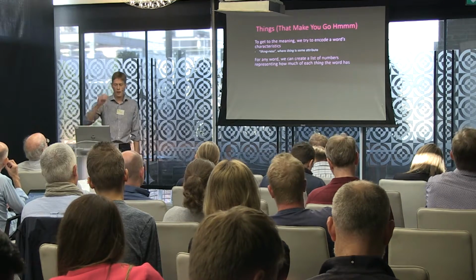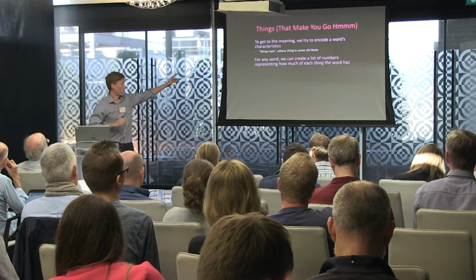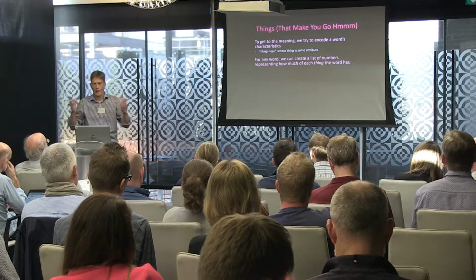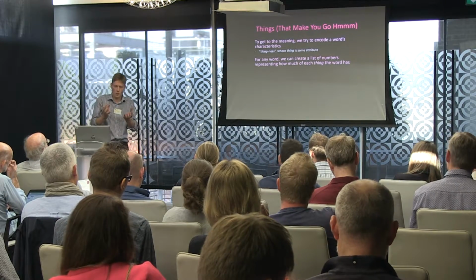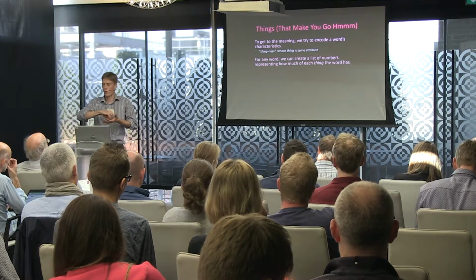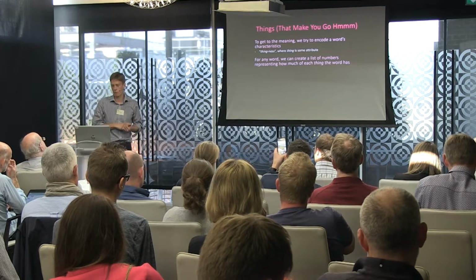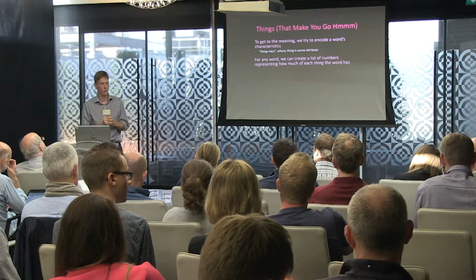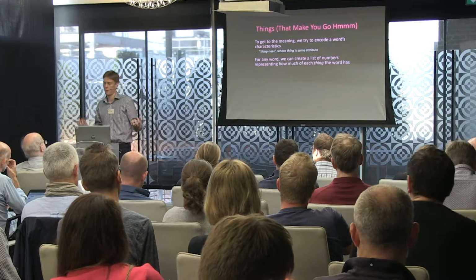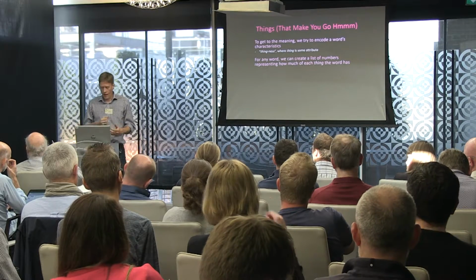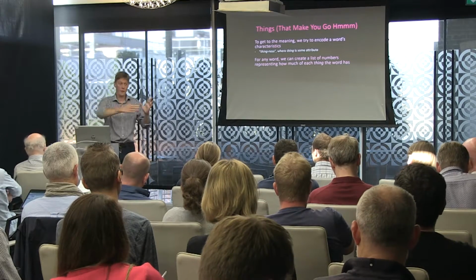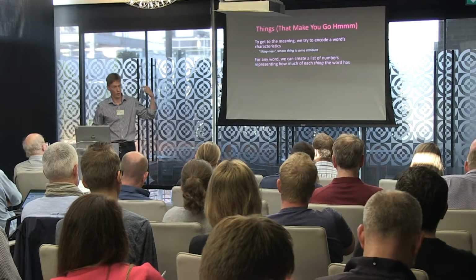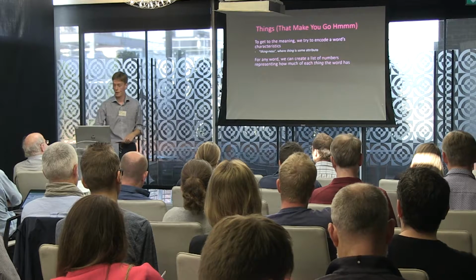So, I'm going super technical here. We're talking about thingness. So, to get to the meaning of a word, we're trying to encode the characteristics of it. So, you can think of our Python example. If we're talking about the snake one, you can think of characteristics that snakes have. And for any word, we can therefore take a list of those characteristics and then score them. So I'm going to take a bunch of words and I'm going to score them against a set of characteristics.